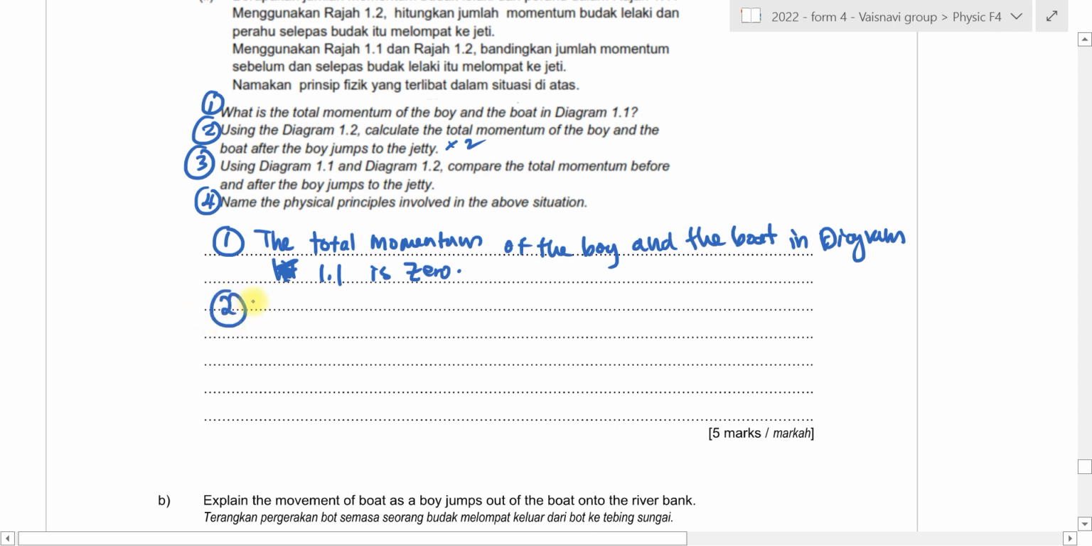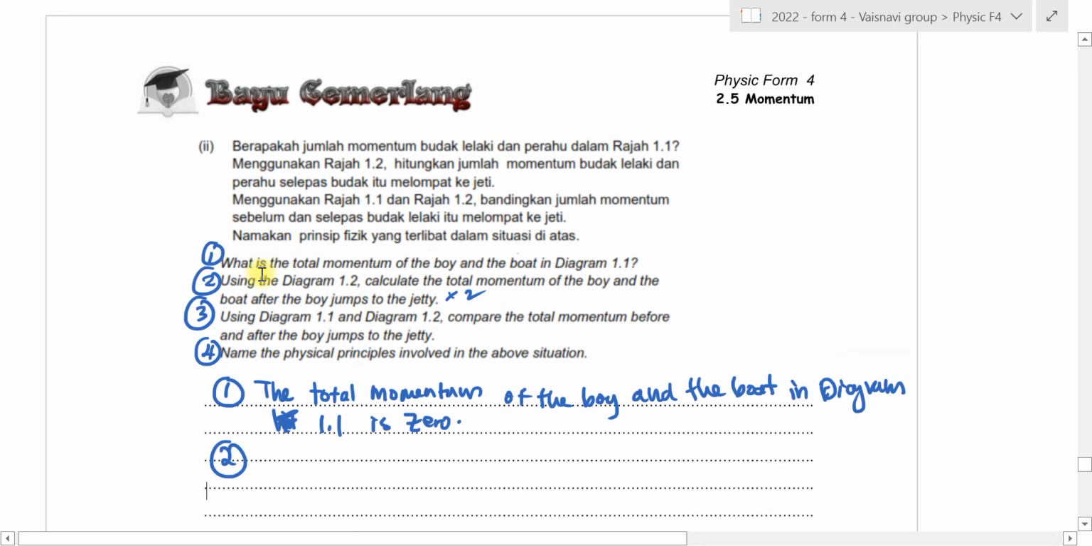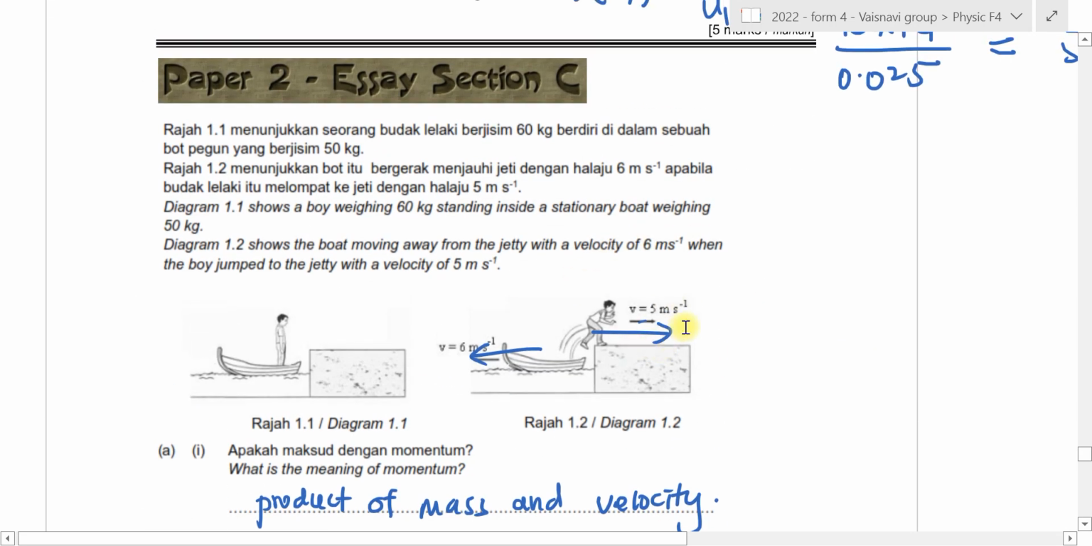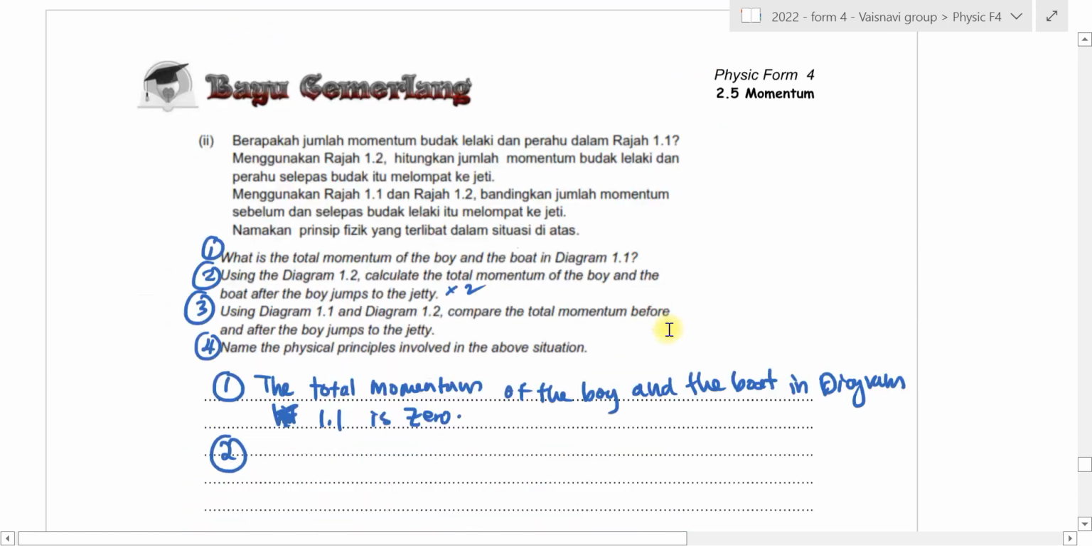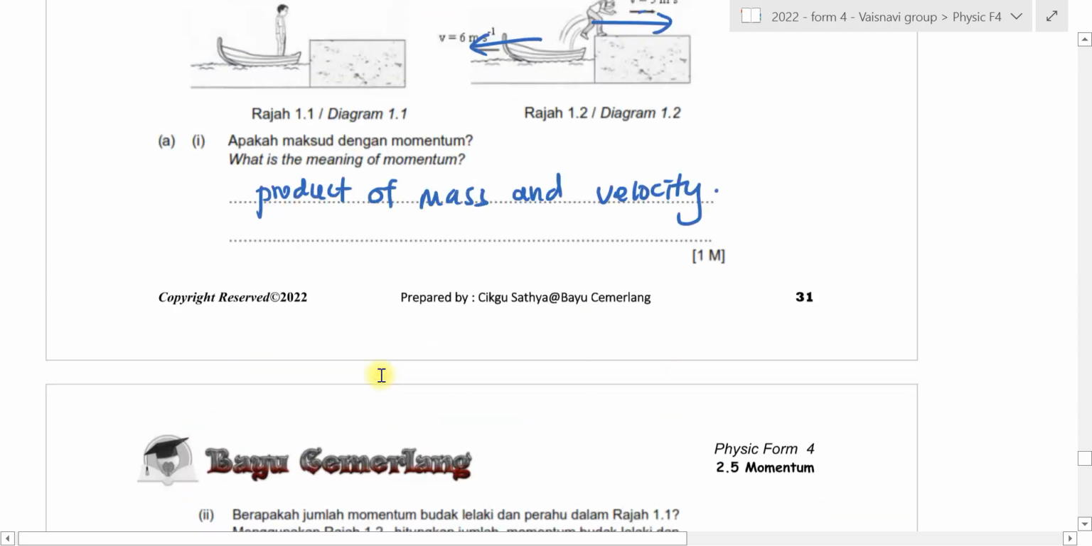Second one, the total momentum of the boy and the boat after the boy jumped to the jetty. We need to calculate this. That's why they give you values there. Okay. So, what is the formula? M1 V1 equals to M2 V2. Boleh. M1 V1 equal to M2 V2. Betul. After collision, because before one is 0, we know that. Okay, so kita ambil,